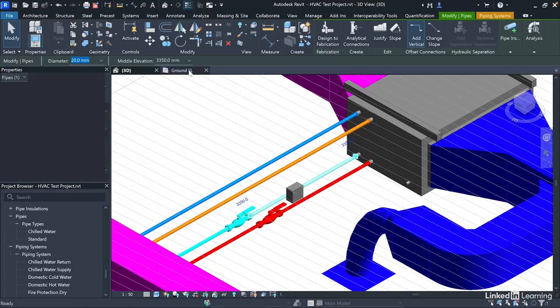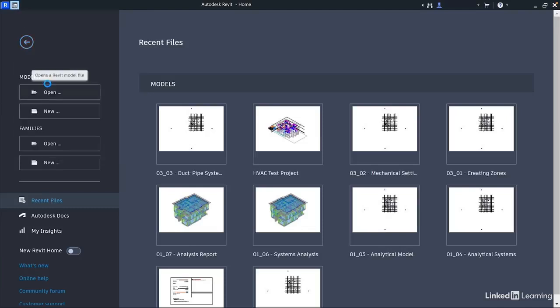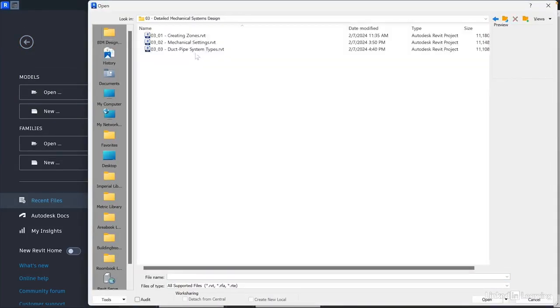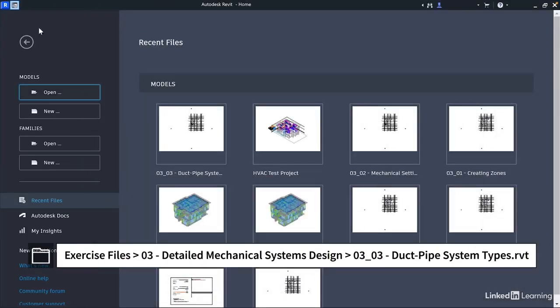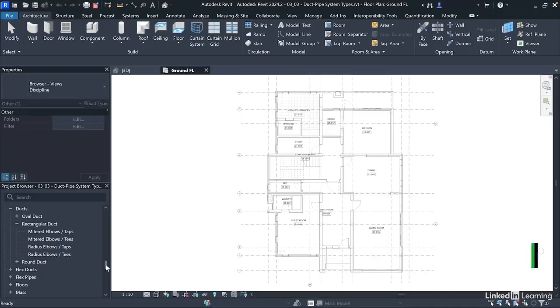So open the file you used in the previous video, or duct pipe system types in the chapter 3 exercise files folder. So at this point, launch Revit, navigate to exercise files from the chapter 3 folder, open this file, duct pipe system types, which I have here open. From the family tree on the project browser,